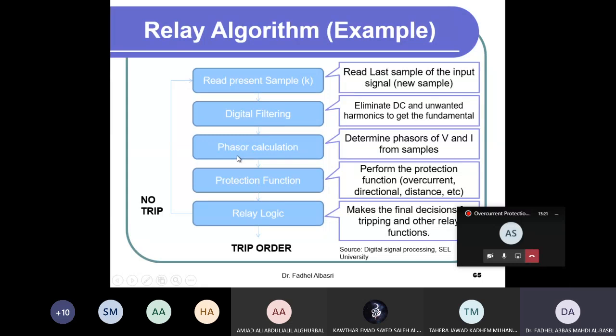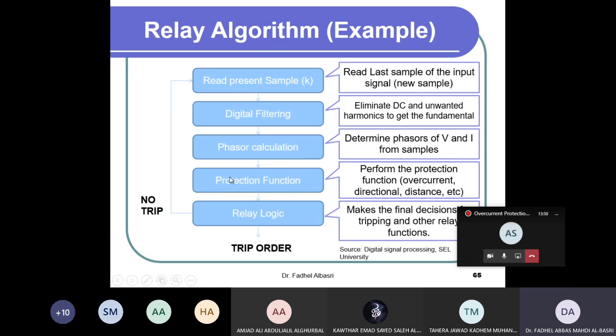A phasor is a signal of a single frequency. Once we estimate the magnitude and angle of the 50 hertz fundamental, or 60 hertz if we are working in Saudi Arabia, for example, then we can decide what we want to do with these voltage magnitudes and current magnitudes and angles. Do you want to divide them? Do you want to compare them with the settings, or do you want to